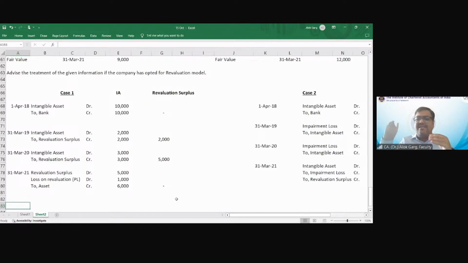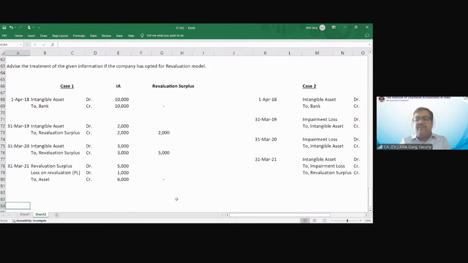So whenever there is an increase, revaluation surplus needs to be credited. Subsequently, if there is a decrease, you need to reverse your revaluation surplus to the extent it is available. If the decrease is beyond the surplus, the remaining decrease has to be debited to the P&L. If the first time it is a decrease, it has to be debited to the P&L. Subsequently, if there is an increase, first you need to reverse whatever you debited in the P&L, right? If there is a further increase, then you can take it to the revaluation surplus in OCI.